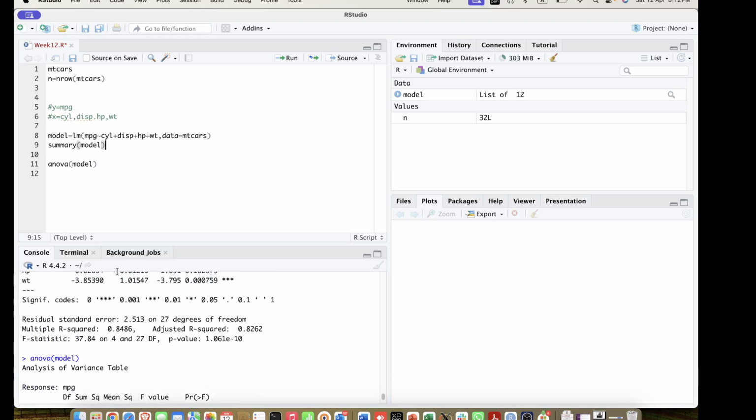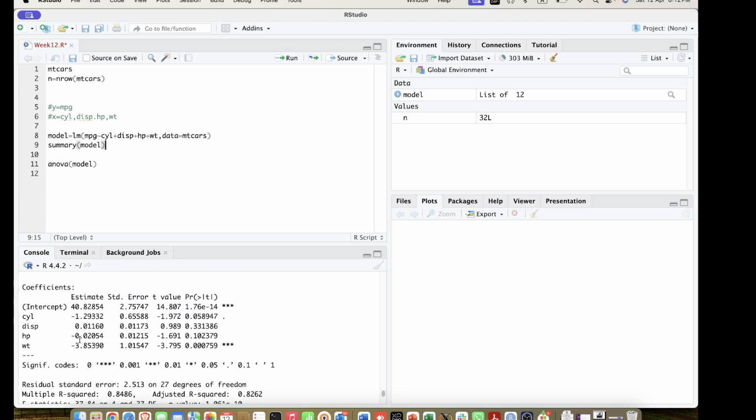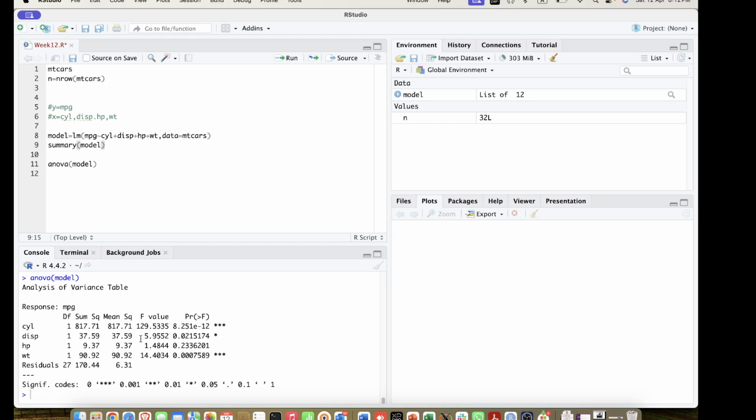Okay, so if I have to construct the ANOVA table that we want from this, here I will just write the ANOVA table,